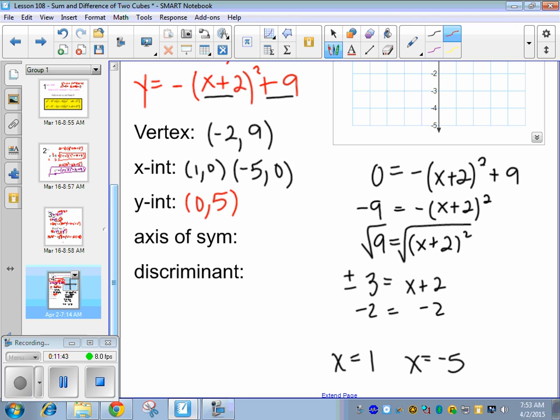And the axis of symmetry is x equals -2. That would be the vertex. That goes with vertex. And there's going to be some questions about discriminant. Make sure you guys remember discriminant. So if there are 2 x-intercepts, the discriminant is positive. Okay? And that also means there are 2 solutions. There are 2 roots. Okay, so it could ask you multiple questions on that. Make sure you're